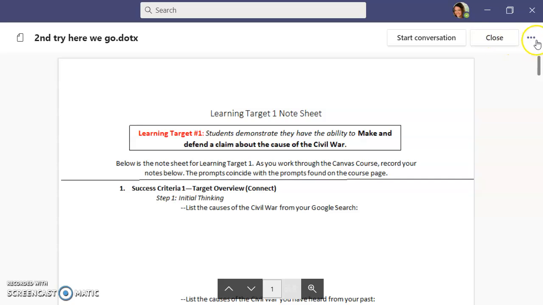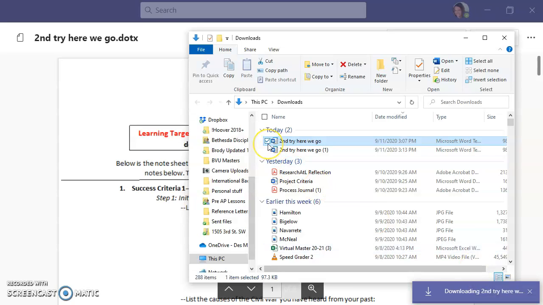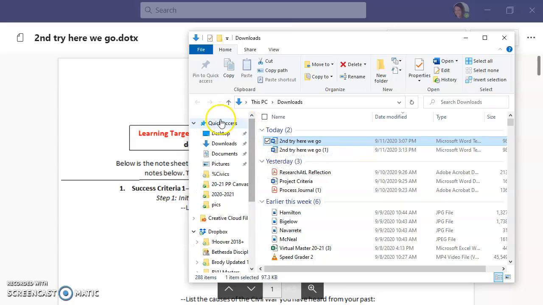I actually want to do neither of those. I want to click on the three dots, and then there's my option to download. Then I can click on it, or it should bring it up for me, or they can find it in their downloads folder. So when they bring up their files, they'll find it in their downloads file. Then when they click on it,